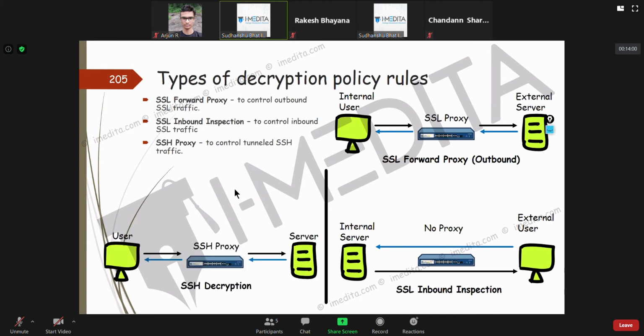To control SSH, again, like the name says, since it is proxy, what is going to happen is, I'll remind you, in Cisco, when you do crypto key generate RSA when you are configuring SSH, you are basically generating a private-public key pair on a router, which you then use while communicating with the router, right?